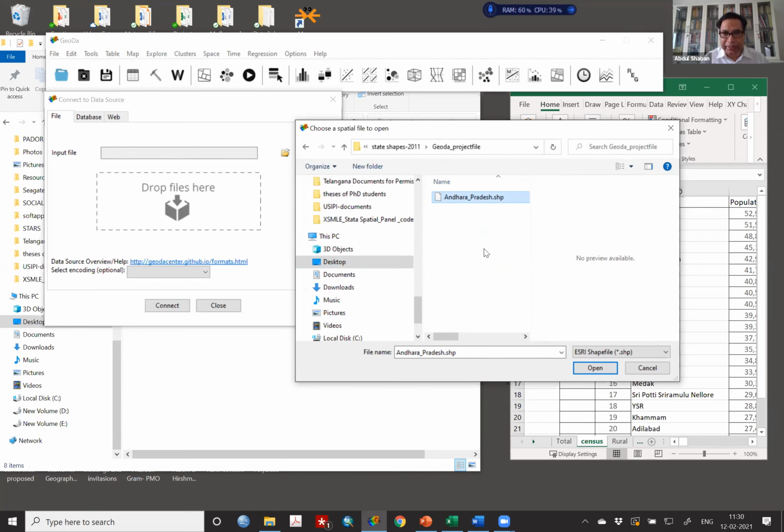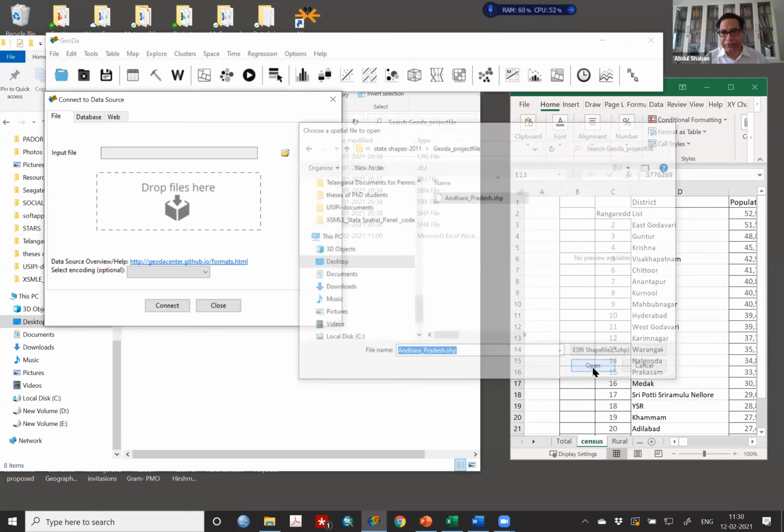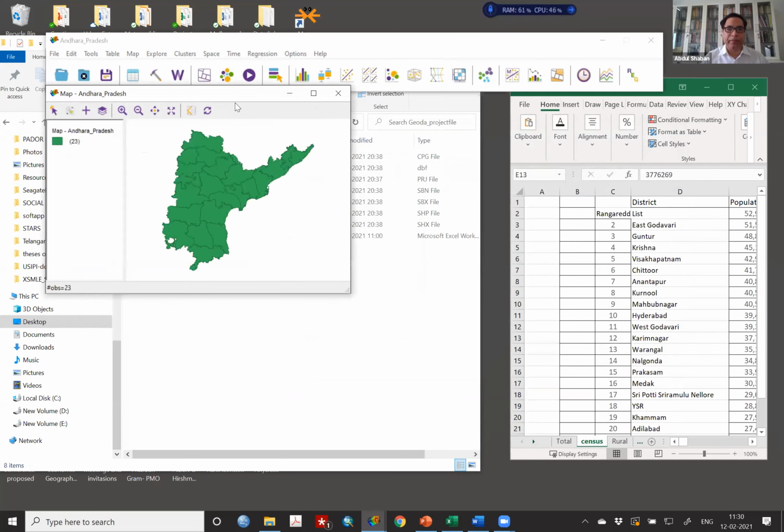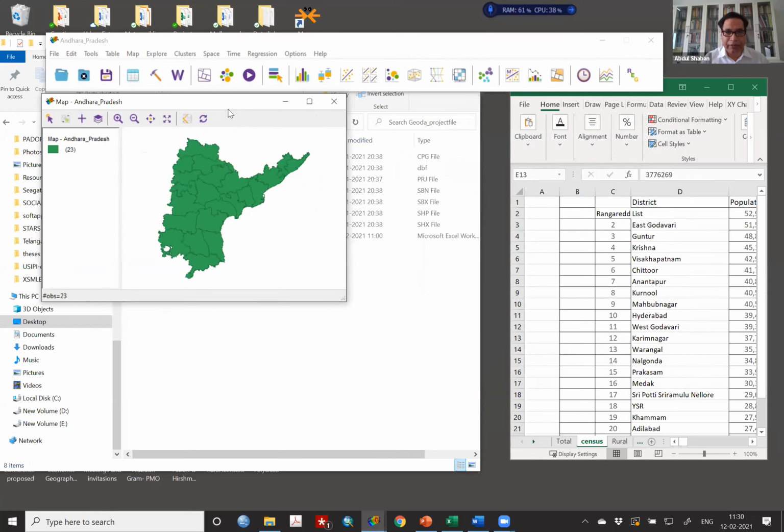Are all of you unzipping? Yes, sir. That was the trick. Basically, I hadn't unzipped, so I unzipped and then did it again. It worked. So Andhra Pradesh. So you have to unzip. So you have to open the Andhra Pradesh shape. Now this opens up. So all of you on the same page? All of you are following what I'm telling? Yes, sir.